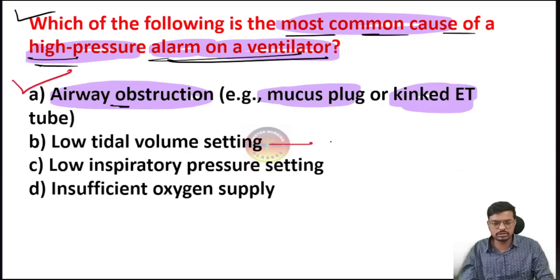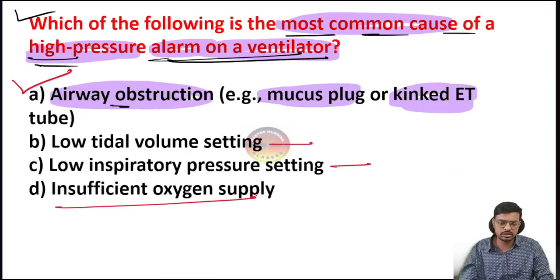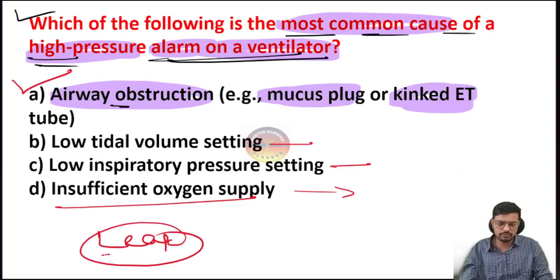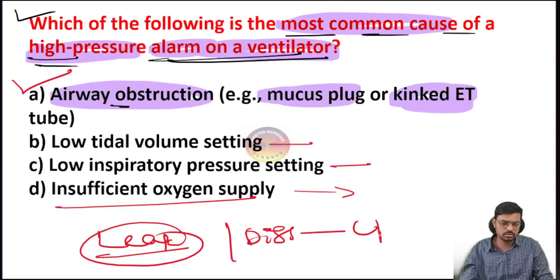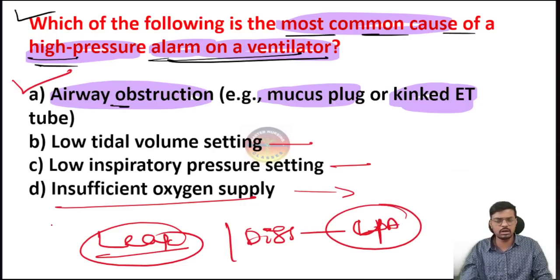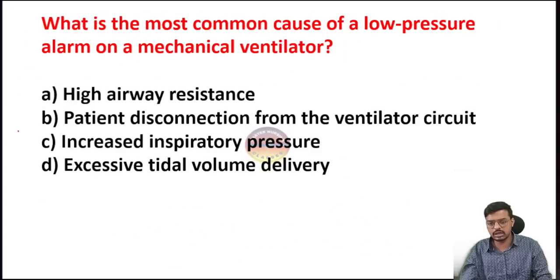Low tidal volume means a low pressure alarm will come. Low inspiratory pressure means a low pressure alarm will come, and insufficient oxygen supply also causes a low pressure alarm, and mainly leakage of air and disconnection of the tube. So always a low pressure alarm will come. This is a very important thing all of you have to know and understand, and give your best shot in your upcoming exam, right? So the next one is